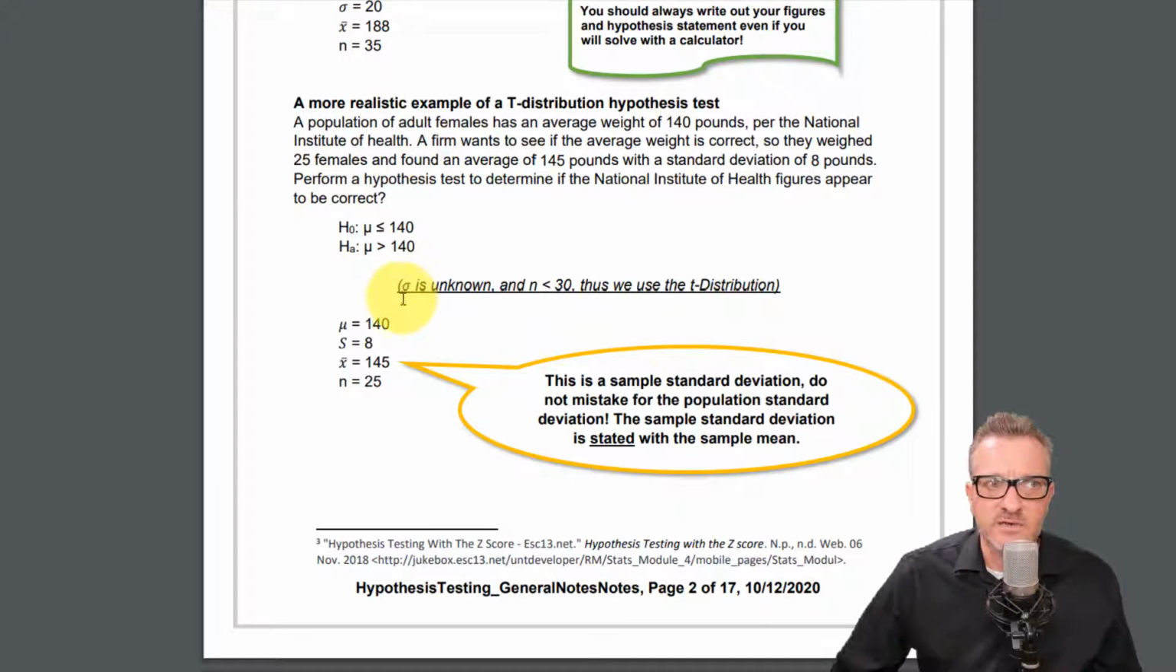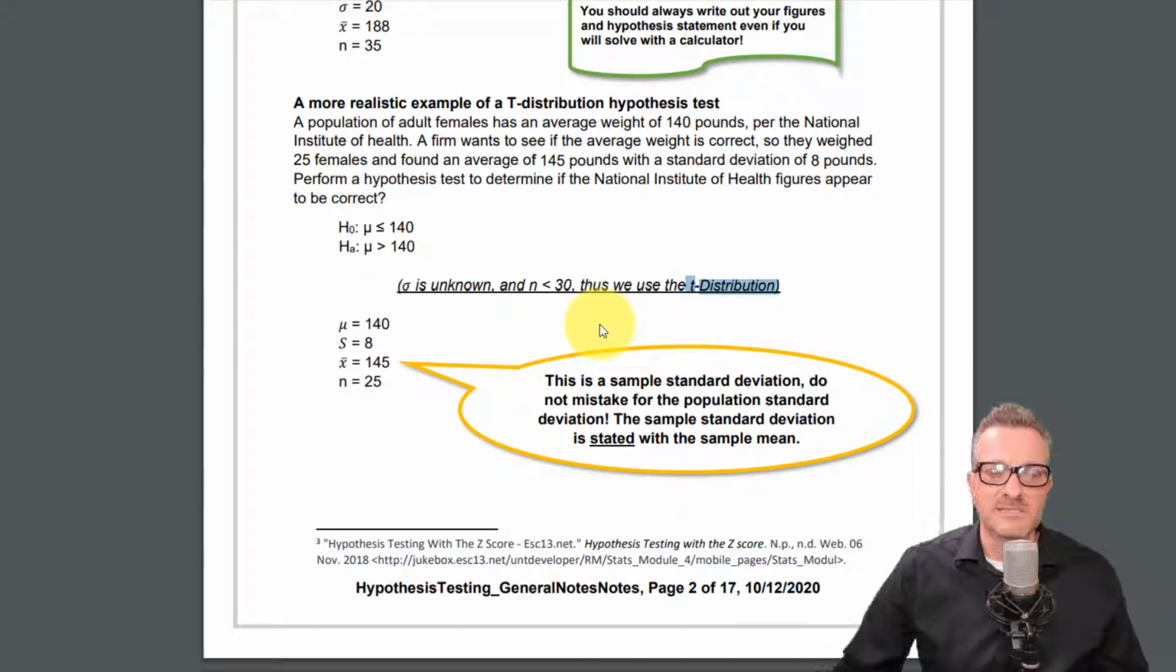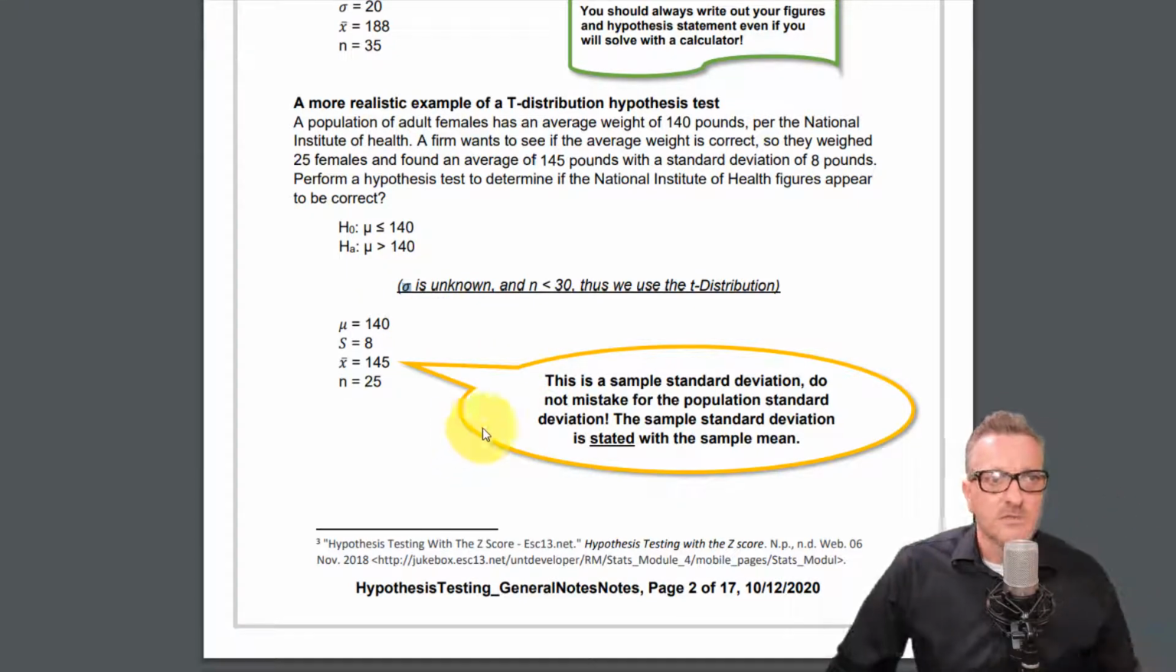In this case, though, sigma, our population standard deviation, is not known, and n is less than 30. So for sure, we're using our t-distribution. Now n is 25. It's not a big deal, but it is less than 30, and the population standard deviation is not known. So the other thing that I want to point out before we go too far,